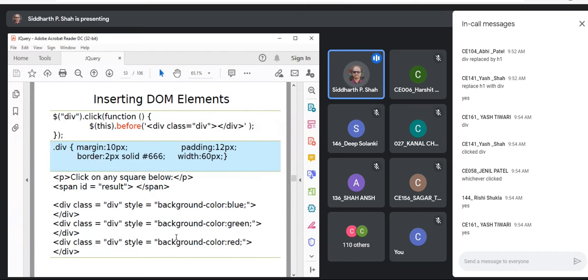Now look at this example. Can you tell me what will be the output?